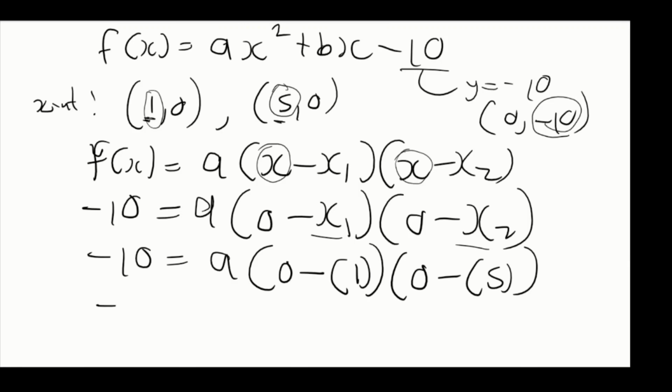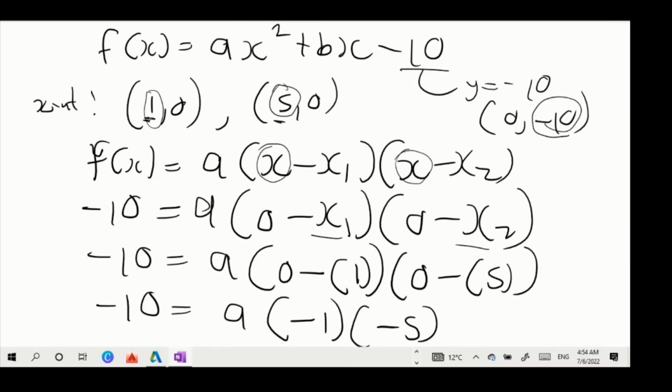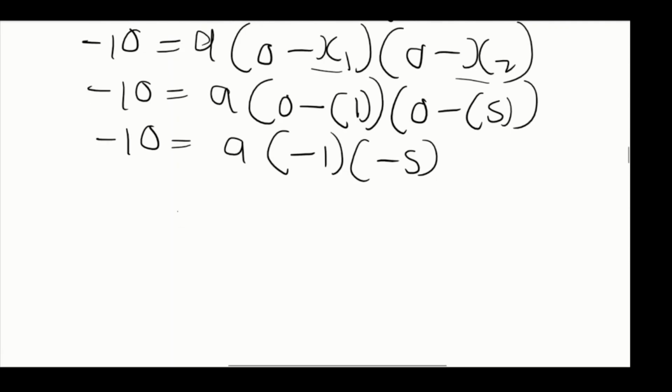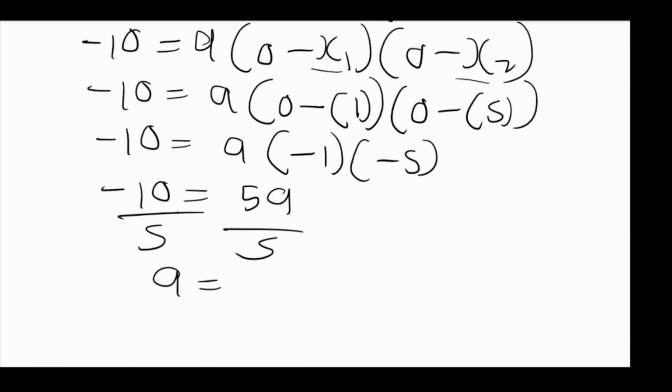So we have minus 10 is equal to a into, so 0 minus 1 is going to be minus 1, 0 minus 5 is going to be minus 5. Then now we have minus 10 is equal to, so minus 1 times minus 5 is going to give you 5a, then divide by 5, our a value is equal to minus 2. So this is our a value, so we're going to substitute the a value